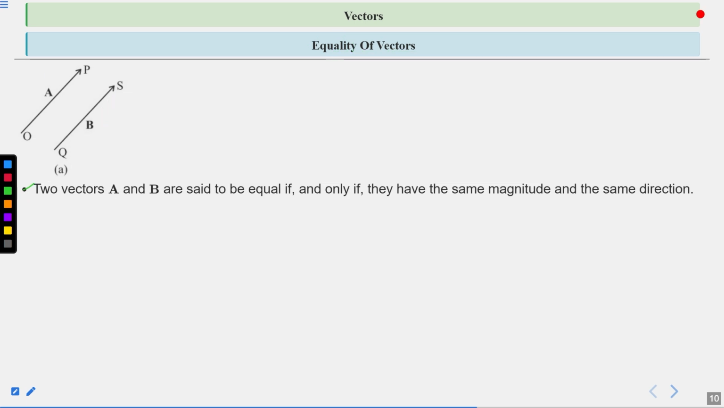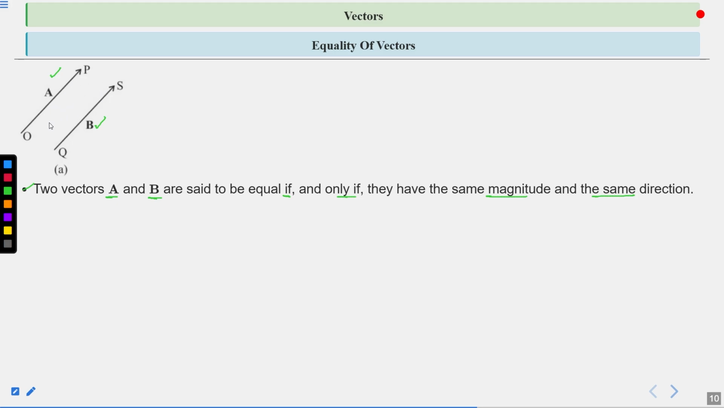Two vectors A and B are said to be equal if and only if they have the same magnitude and same direction. Look at figure A. So A vector and B vector, the length of the vectors are the same, so the magnitude is same, and the direction is same. Both are parallel to each other, so we can say this is